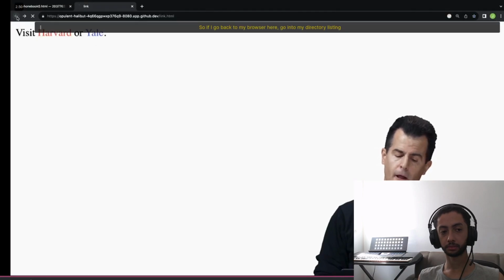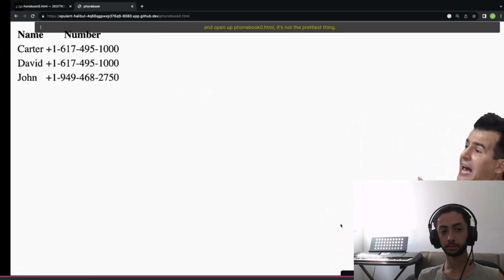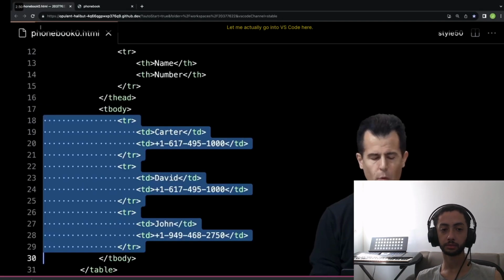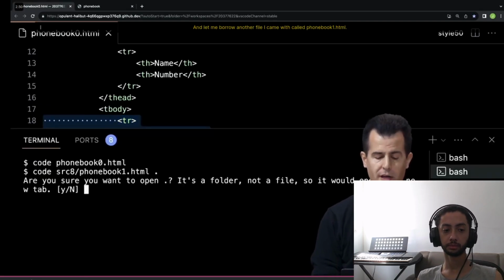So if I go back to my browser here, go into my directory listing, open up phonebook0.html, it's not the prettiest thing, but it is tabular. And notice that the browser has automatically put in bold the name and the number, and everything's in columns. But it's not very pretty. But what if I do this? Let me actually go into VS Code here, and let me borrow another file I came with called phonebook1.html, and